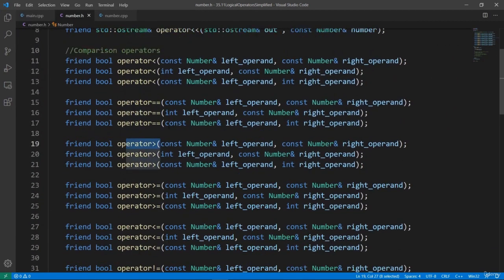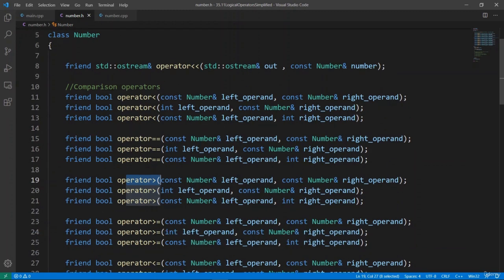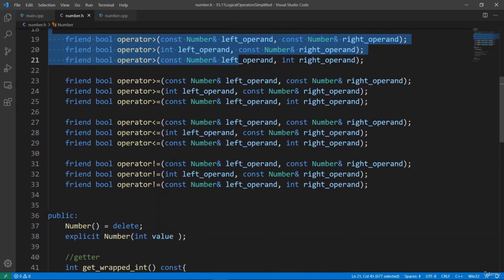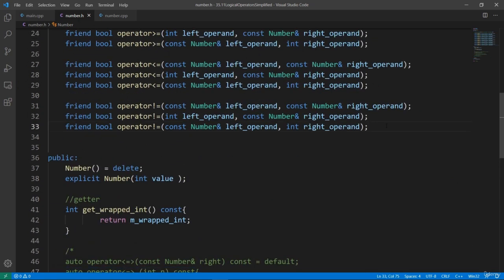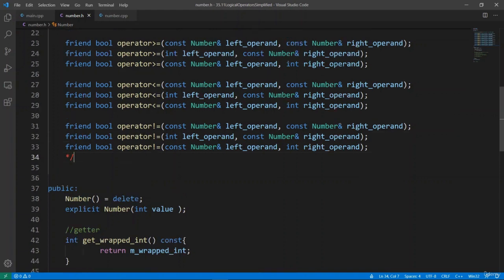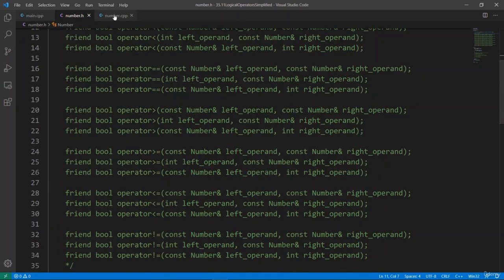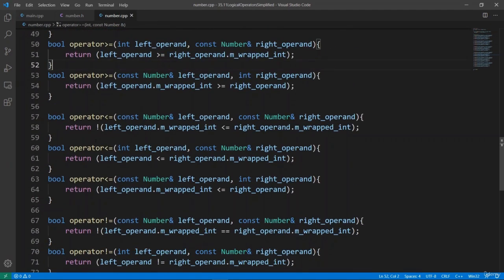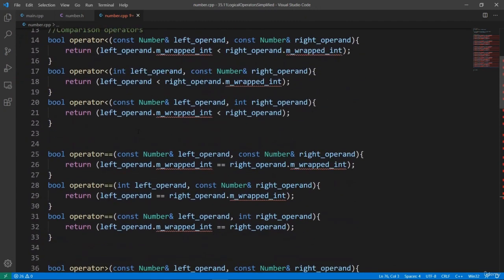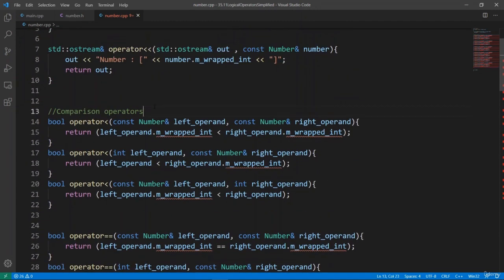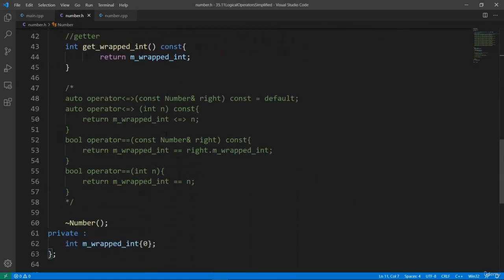We can simplify this using the features from C++20 and let the compiler really generate all the other things, and all we have to do is put in 4 operators. Let's comment out all this craziness that we had, and we are going to bring this in our block comment here. We're going to go back in our CPP file and also comment all this. We want this to be disabled because this is no longer recommended in C++20, and we are going to enable